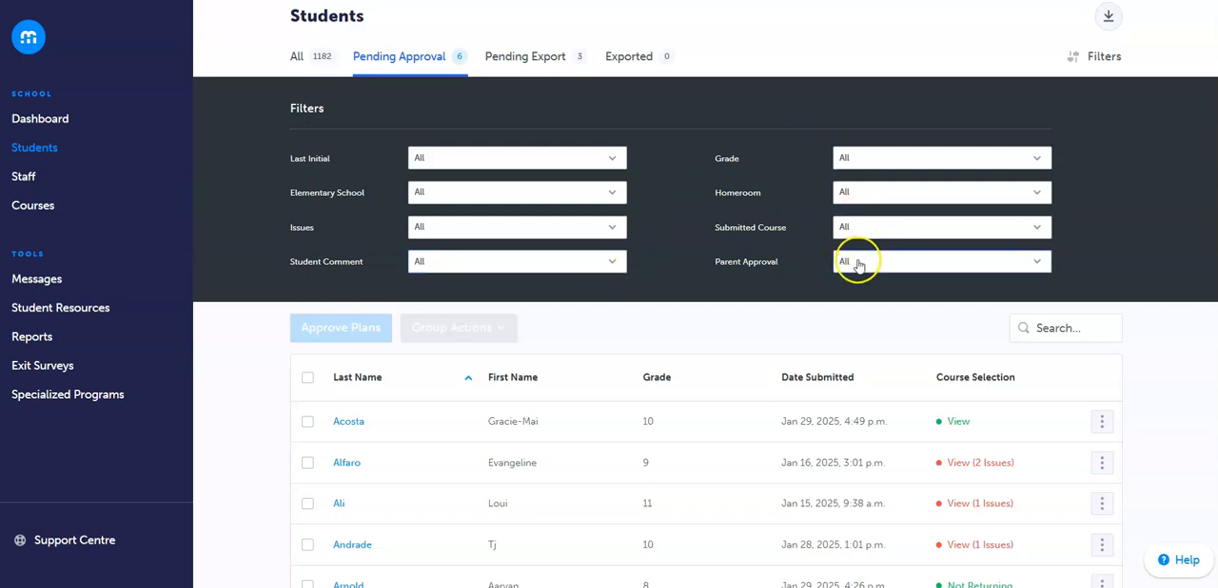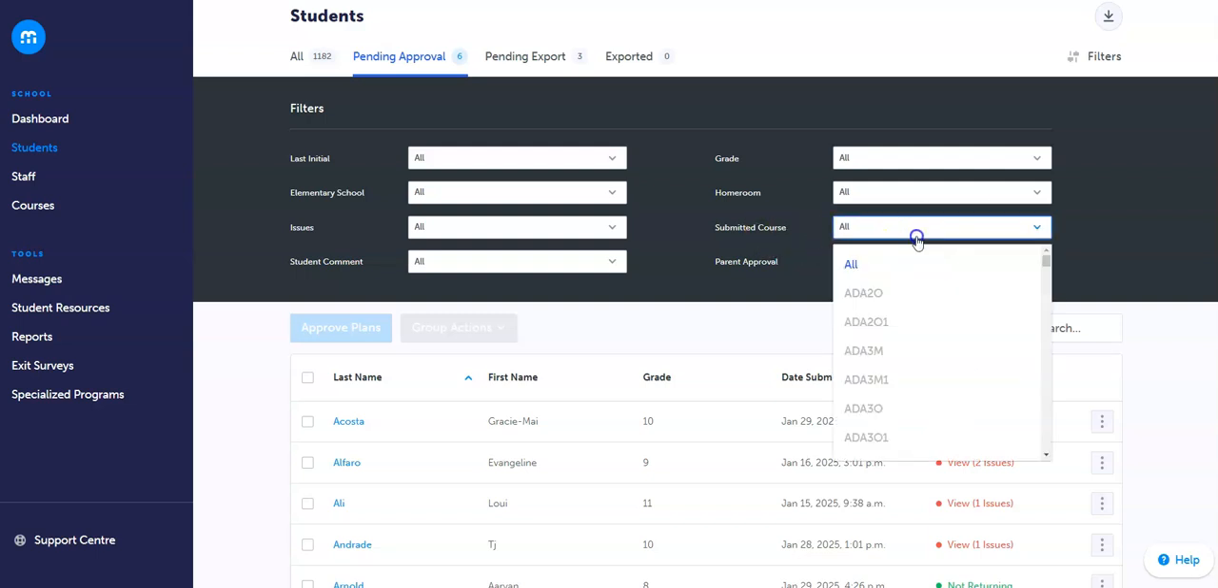The other two that I'll highlight over here are submitted course and parent approval. And these are particularly helpful for those three specialty areas that I mentioned earlier of opt-out, OYAP Fast, as well as online learning. So the submitted course drop-down list is going to provide a list of the course codes for your entire course catalog. And so if you wanted to sort by any specific course, a use case scenario for this is if